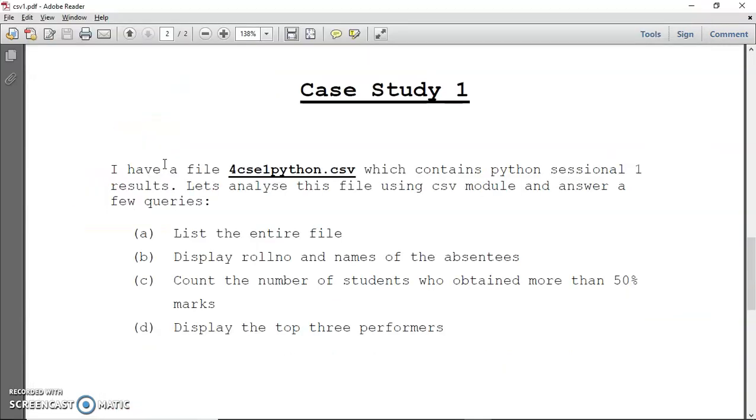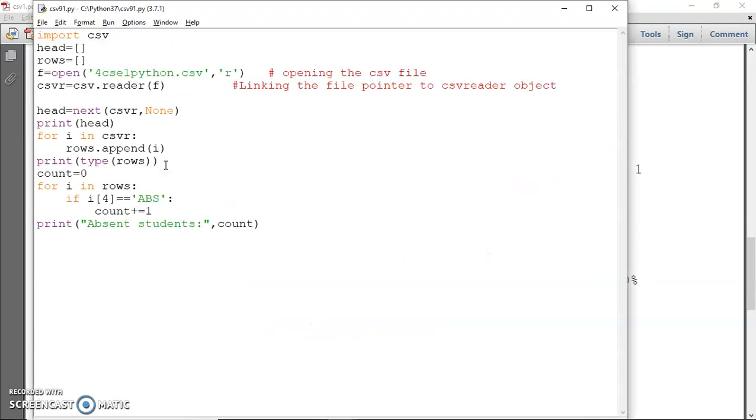Now we can pick up another query: count the number of students who obtained more than 50% marks. Because we'll be comparing this with the 50% marks, and I4 is a string, we should first convert it into an integer, and then check.